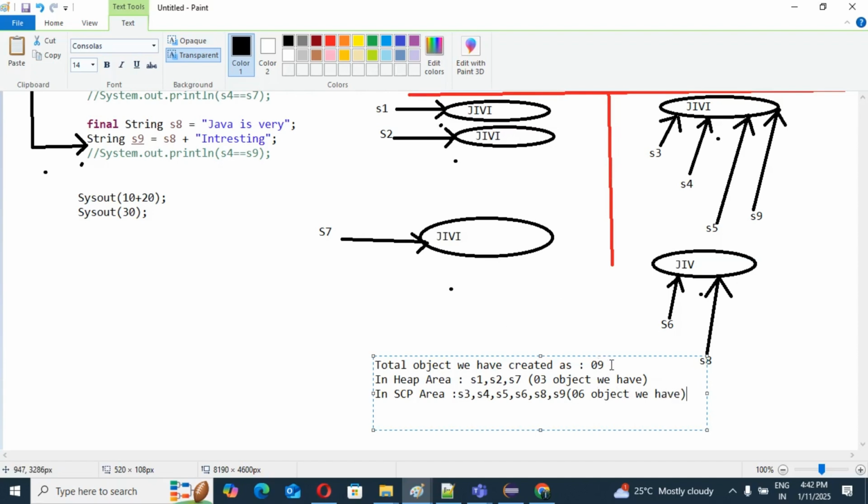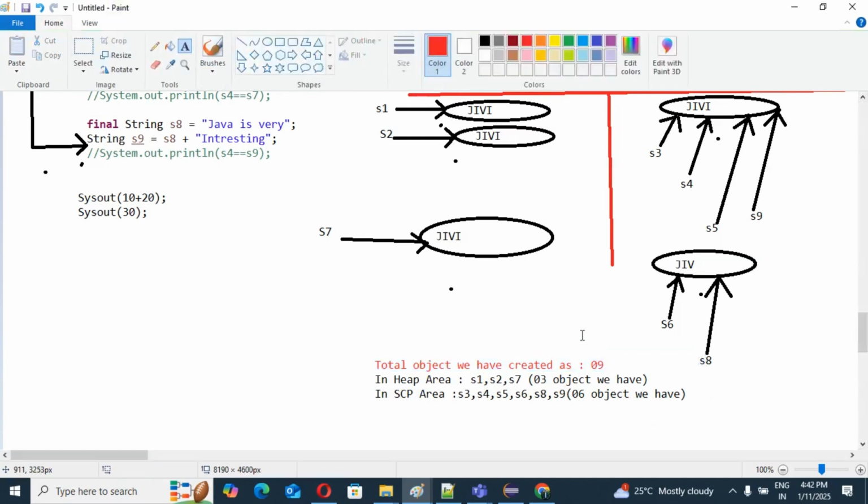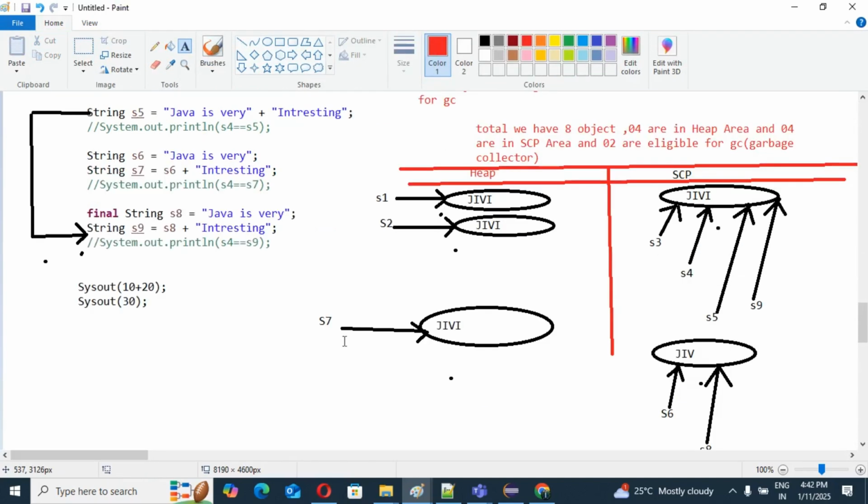Yes or no? Okay, that is our conclusion, what we need to remember, guys. If anybody asks you how objects are created and how they are placed in their respective areas, you can tell them very confidently, with our code as well.